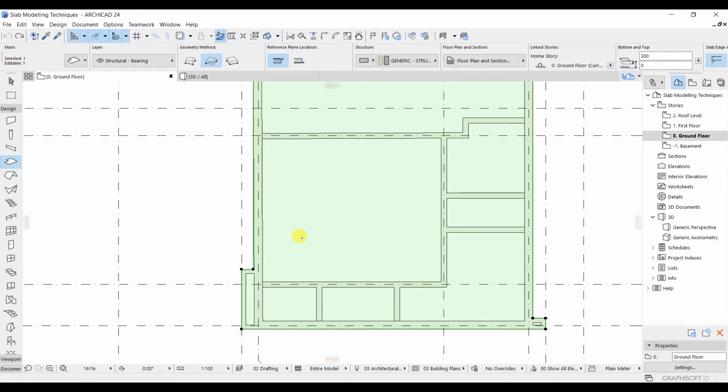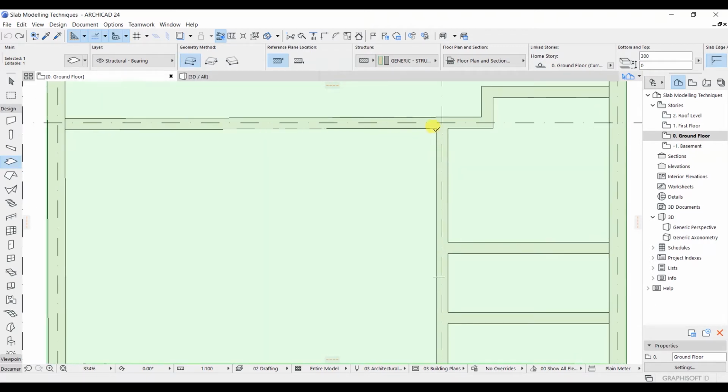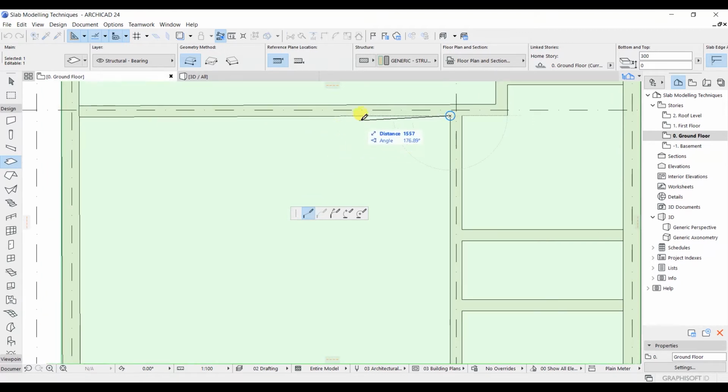Now let me show you how you can cut a portion in this region. If you look here, you can see that the geometry method is selected as rectangular. So I'm going to change this to geometry method polygonal. After clicking on that, I will simply click here, and first of all let's press Escape, and let's select this joint.